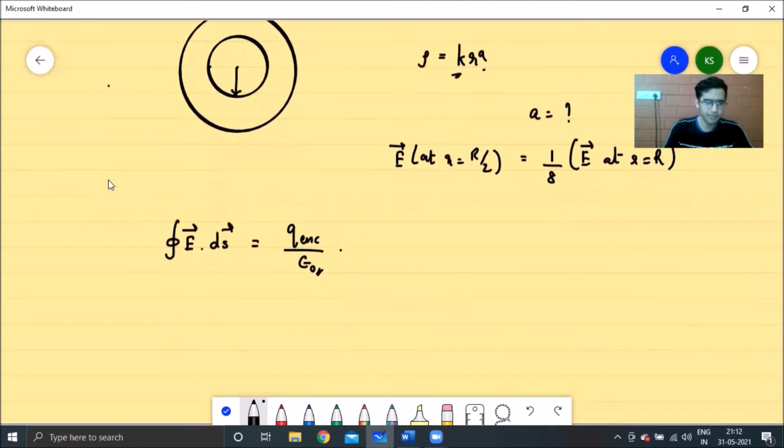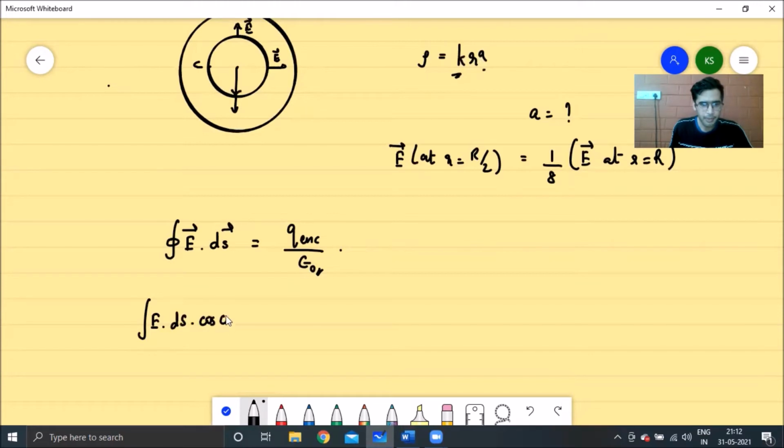So what will integral E bar dot ds bar simplify into? Your ds bar has to be perpendicular to the surface at all points, and electric field will also be perpendicular to the surface at all points. So integral E bar dot ds bar will first of all become equal to integral E ds cos 0. The angle between the area vector and the electric field vector at all points is 0 degrees. As you can see, your area vector will also be taken in the outward direction, that is perpendicular to the tangent, right? And this will become equal to integral E ds, right?